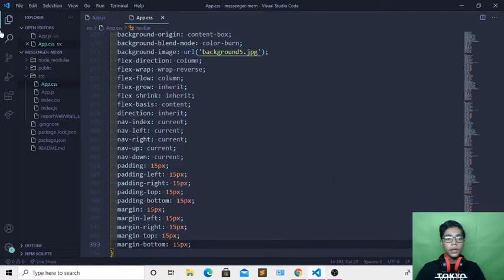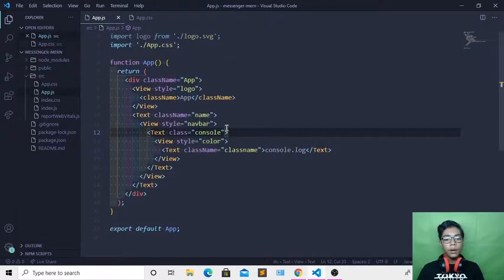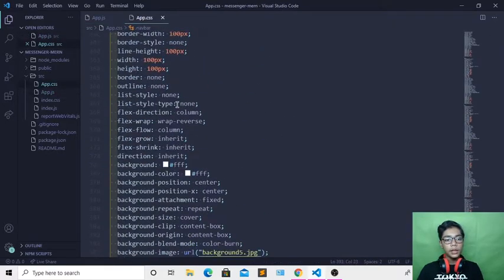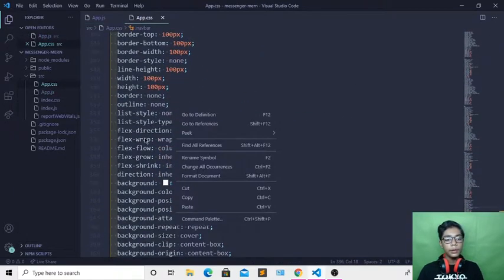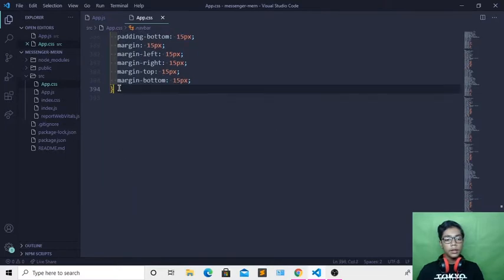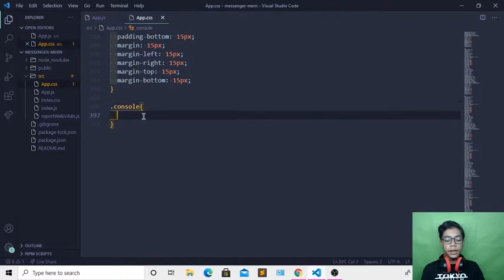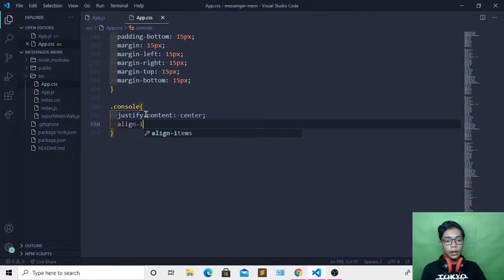And now when you've done that, you have to hit save here, then go to the app.js file. Then I will be copying this console class name which is written here. So copy that, go to app.css, and I will be going to the top. Here I will be coming to the last, writing a dot, pasting my class name here. Now I will be writing a curly bracket, then writing justify content center, and now when you've done that, I will be writing align items center,